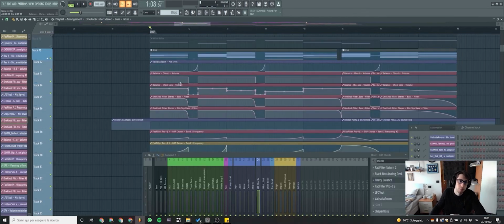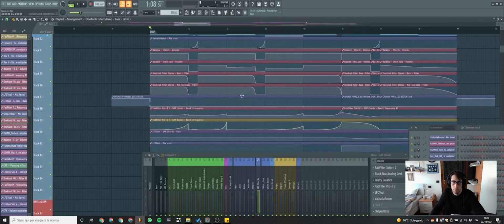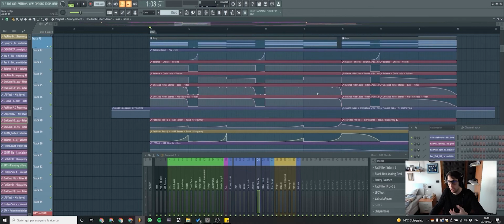For the automation part of the instruments, we have a couple of volume controls because the tails weren't very perfect, so we wanted to create some manual effects. Then we have a bass and mid-top bass filter in order to have more precise volume control of them, with also a little resonance filter effect.